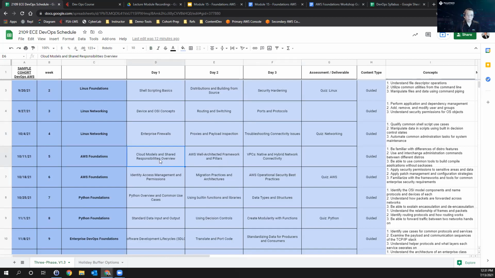So we have our cloud models: IaaS, platform as a service, and SaaS. The well-architected framework and pillars. There's a lot of details there, but conceptually it's not as hard to pick up, because when you read through it, it makes a lot of sense. Saying, well, you do need to talk about resiliency, and you should have multiple failover sites. Those are some of the best practices that are introduced, as well as security of the cloud and in the